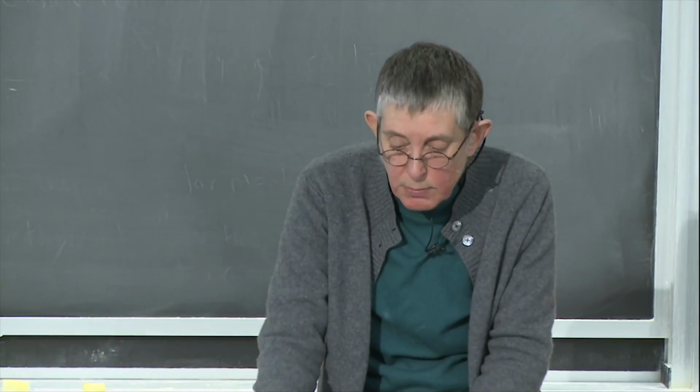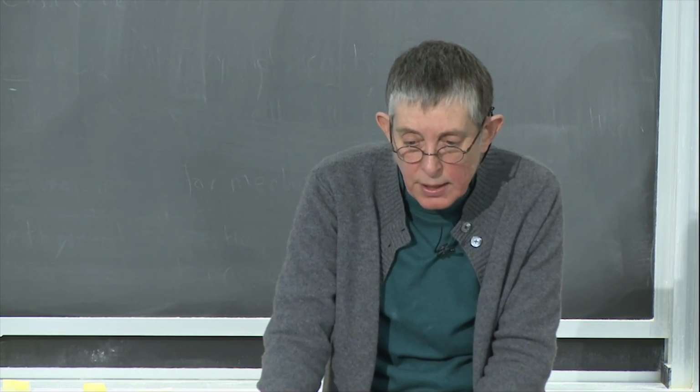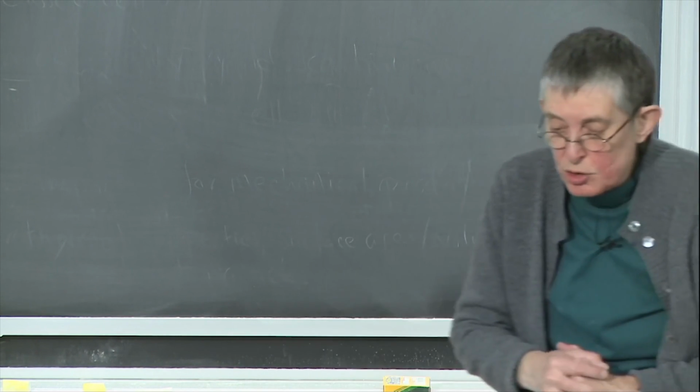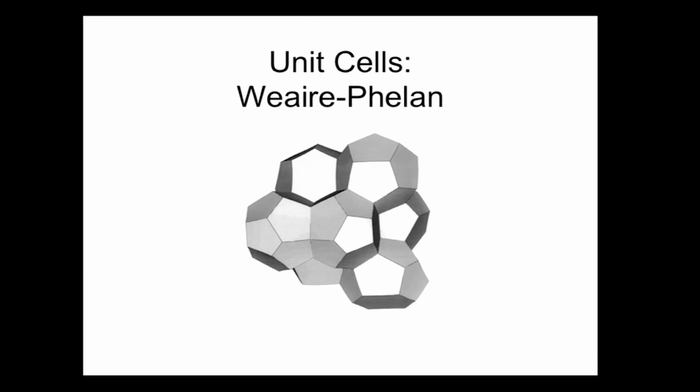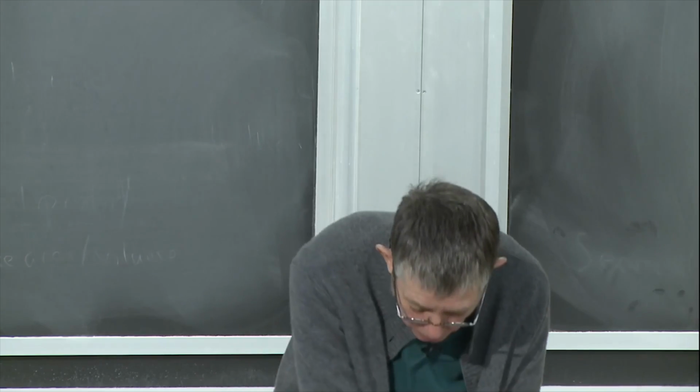And then more recently, in the 1990s, there were 2 people, Denis Weaire and Robert Phelan, who discovered that this structure here, which isn't a single polyhedron but is made up of a few polyhedra, has a slightly smaller surface area per unit volume, smaller by 0.3%, so a tiny bit smaller.